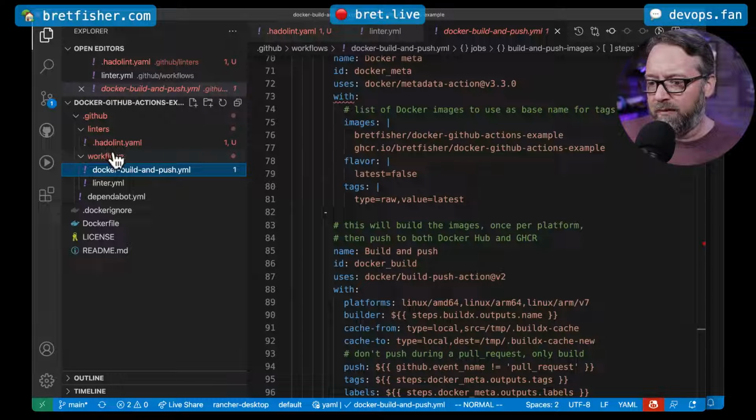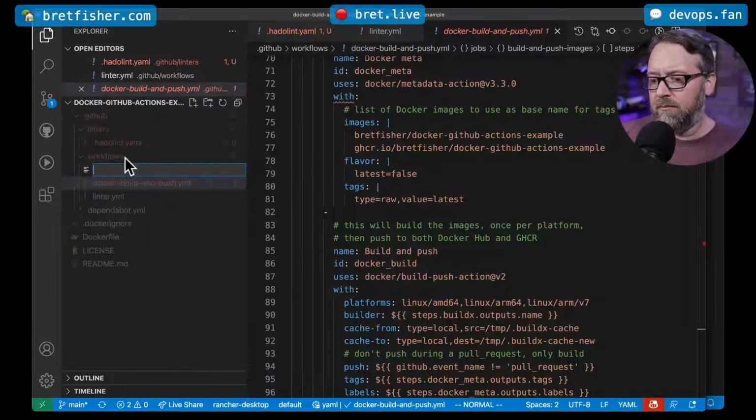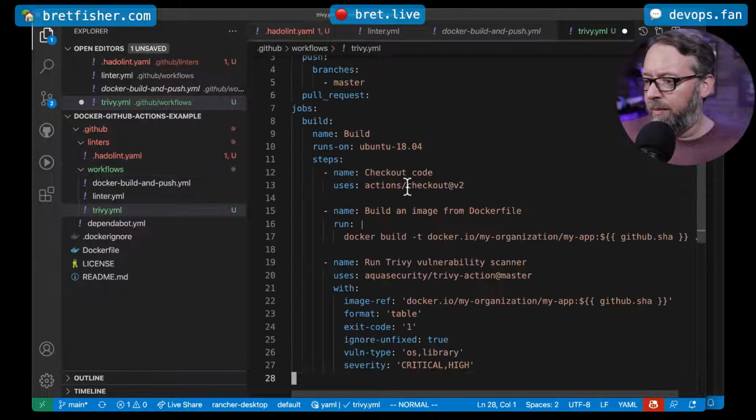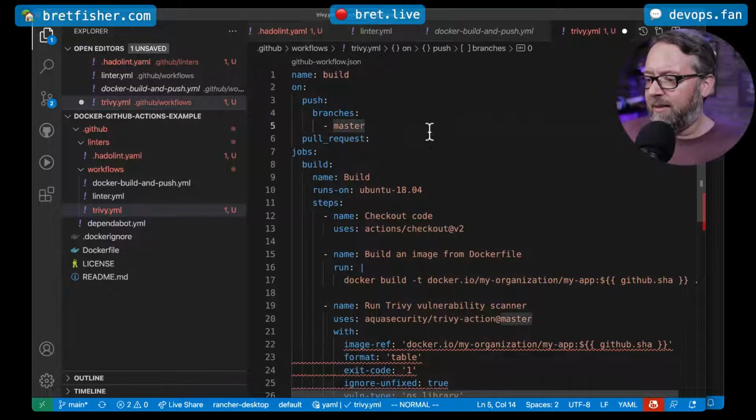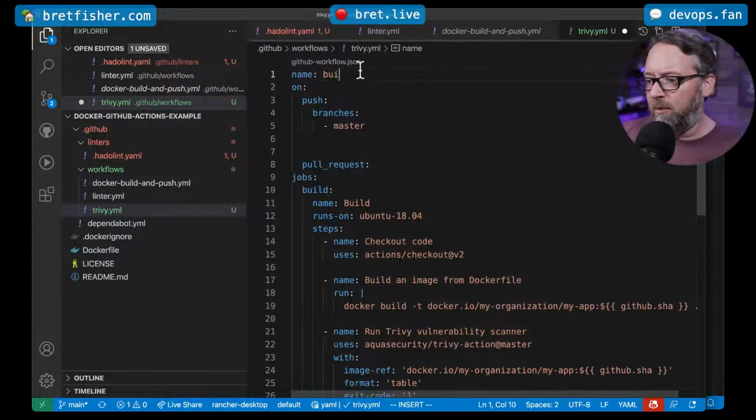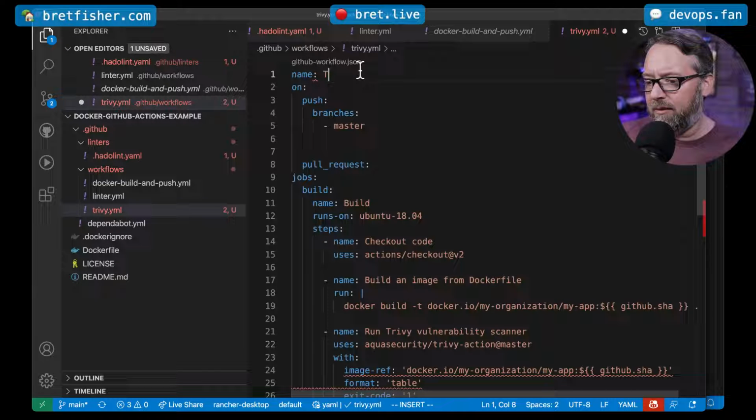So I'm going to add a new workflow file. I'm just going to call it Trivy. And I will paste that in. So already I can see on push to certain branches. So I need to change a lot of these things, right? Name, I want to make a friendly name for this thing. So I'm going to call it